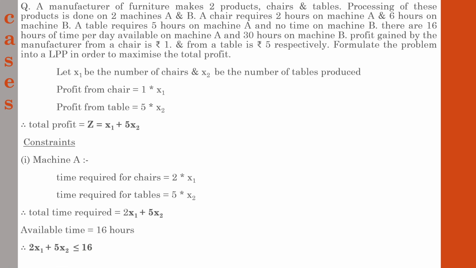This is how you have to prepare the constraint. Here 16 is represented by B1. In the previous slide we prepared how the standard mathematical model is prepared, where we discussed a variable known as B1. In that case we mentioned that B1 is a constant, because a constant will be representing numbers. So here 16. So 2x1 plus 5x2 less than or equal to 16. So first constraint is prepared.